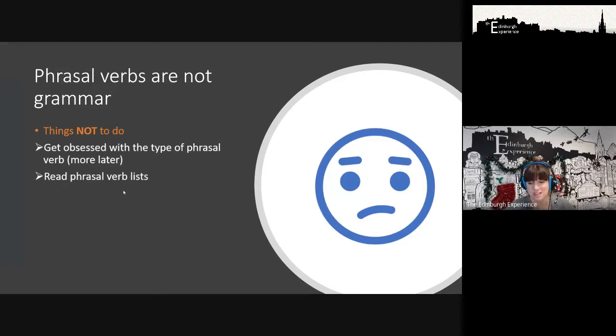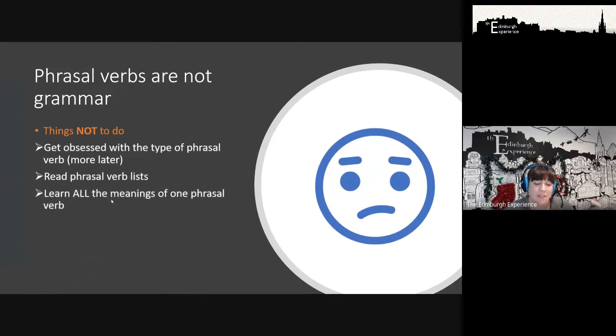Please don't read these horrible lists that you can get, or these books that are like 3,000 phrasal verbs, okay? And they're organized alphabetically, and they just have these endless lists of phrasal verbs with definitions, and they're horrible. So please don't use those. For two very logical reasons. One, you will never learn them. And two, they make you very depressed, right? Because it's just this big long list of horrible phrasal verbs.